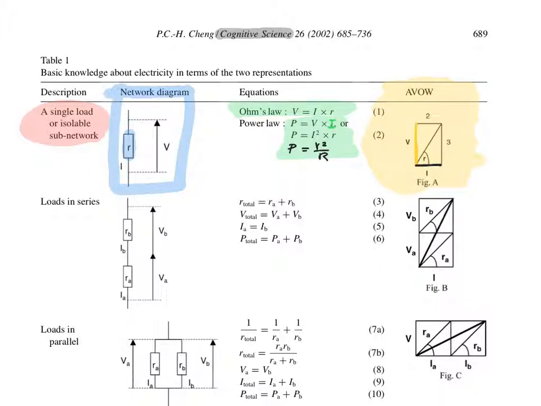And didn't we just the other day in lab make some graphs, voltage versus current? And we got a straight line graph. You should have that in the lab that we were doing the other day. If you took a bunch of voltage readings and current readings in a basic single resistor circuit, one resistor that doesn't change,